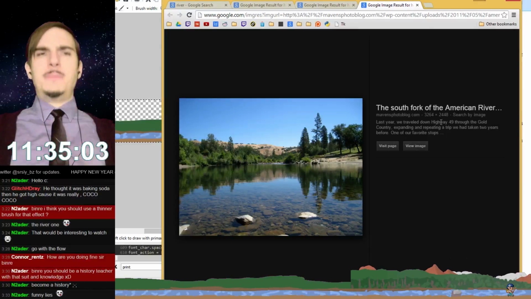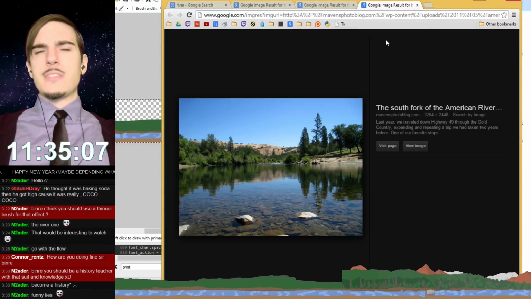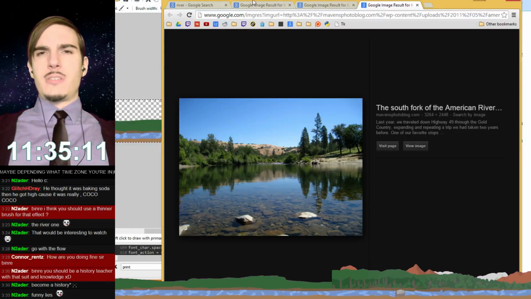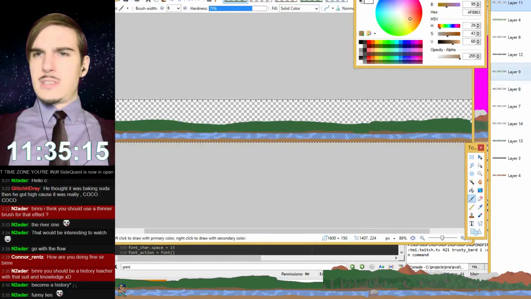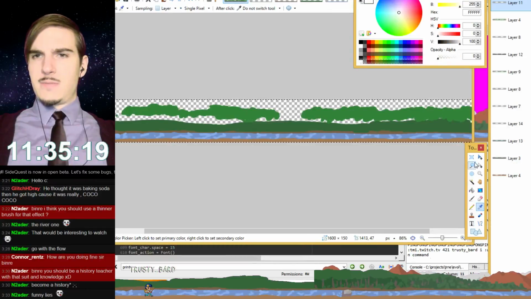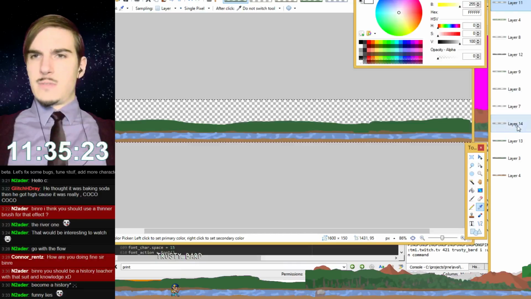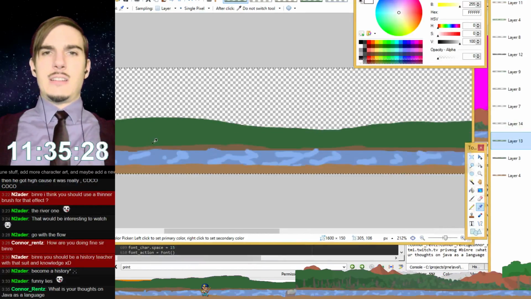But so then what goes on the far shore? The far shore could just be shrubbery, like smaller shrubbery, I guess. Yeah, what if, wait, let's get, where's the middle layer of trees? What if the middle layer, where's my middle layer? It's this one. Yeah. What if the middle layer had like,